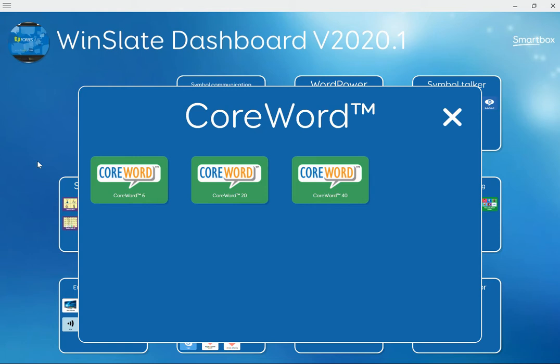One of the features of the Core Word language system is a dynamic vocabulary layout that automatically changes as the user makes selections. Once a word has been selected, the layout updates to show only words that are likely to be used next. By offering these next word choices as a rate enhancement feature, the user does not have to navigate to that next word. We also have incorporated the Fitzgerald color coding system to help organize vocabulary for easy word location. Each core word vocabulary set includes a template to help with editing and customizing and being consistent with that color coding and layout system. First, let's take a look at Core Word 6.